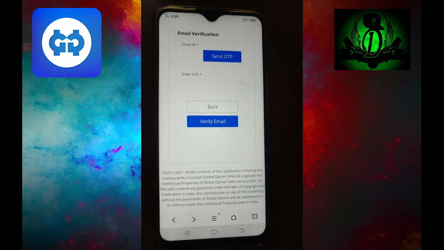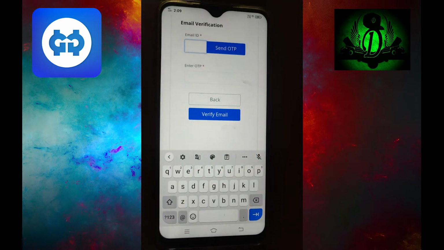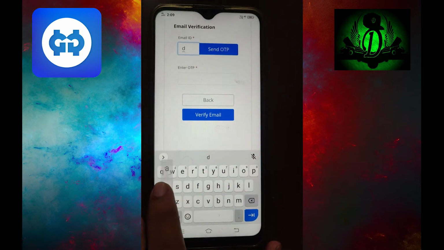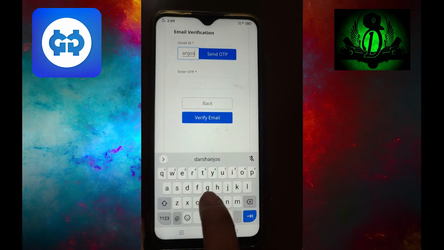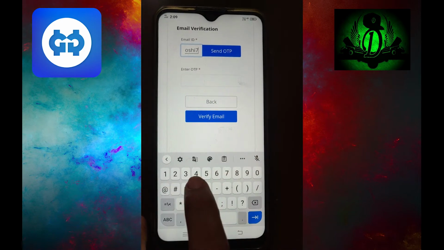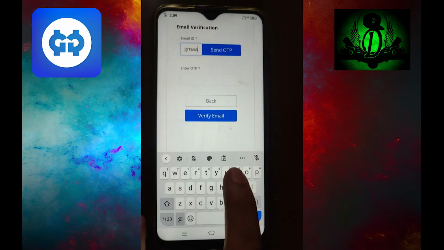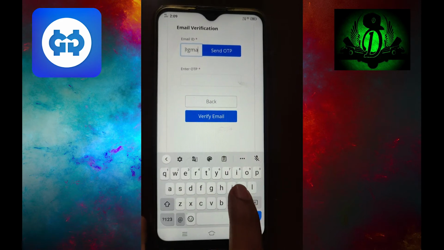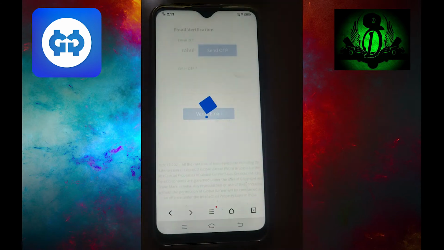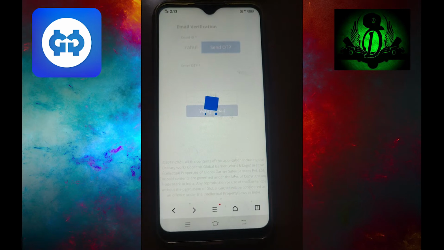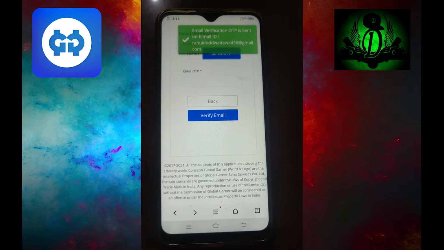Email verification. Enter email ID and click on send OTP. Enter the OTP received in the mentioned email ID and click on verify email.